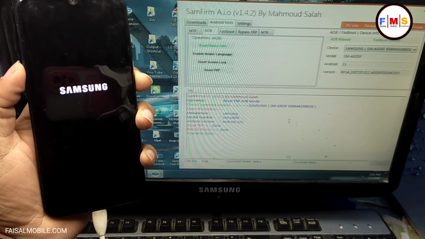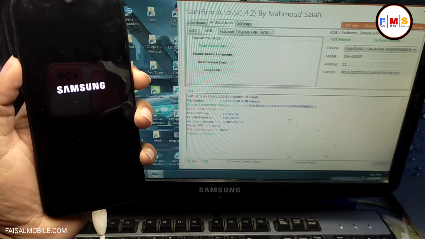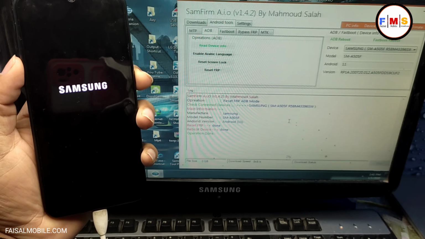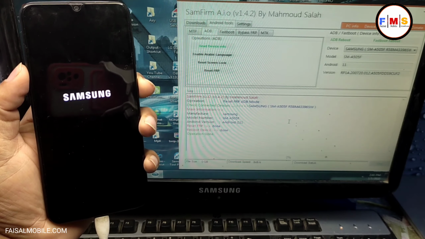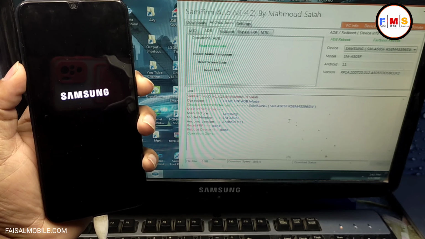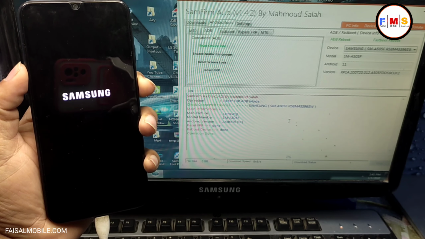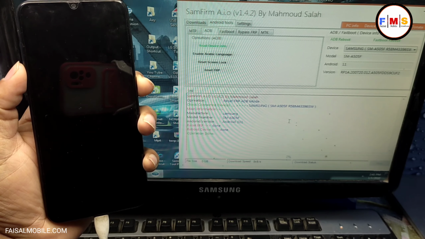If you bypass FRP lock successfully, please mention date and the security patch in the comment section so other people can get help also. So this method you can use on other Samsung models which have Android 11, and security patch is One UI 3.1. It's a working method,